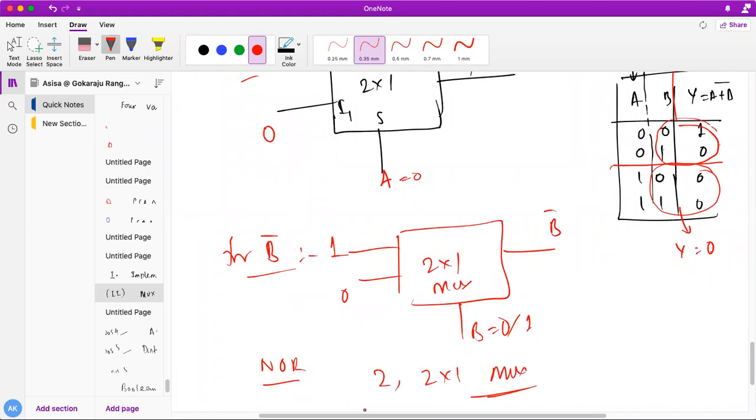So very important, students. I have just explained here. Any doubt till now? Hello, any doubt, students? If there is no doubt, we'll just